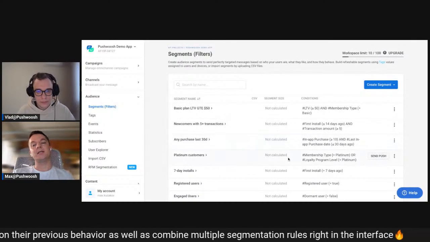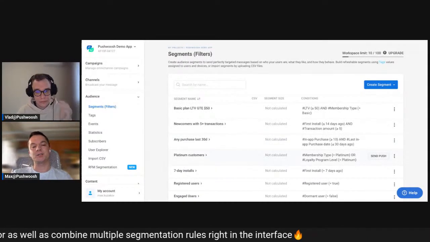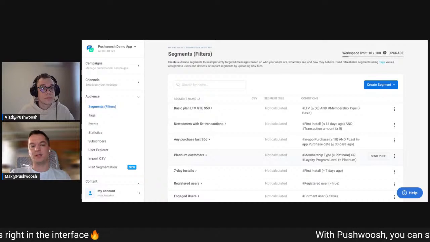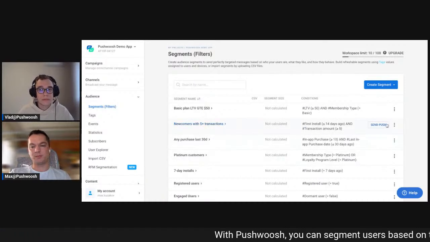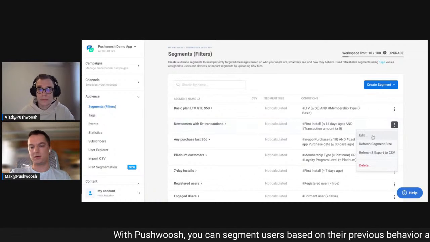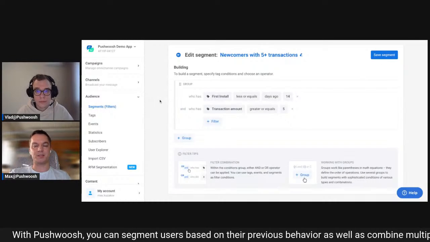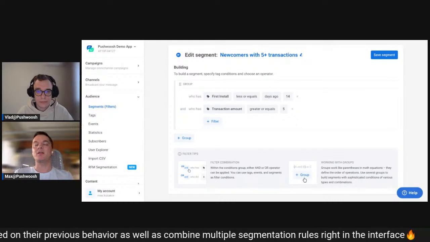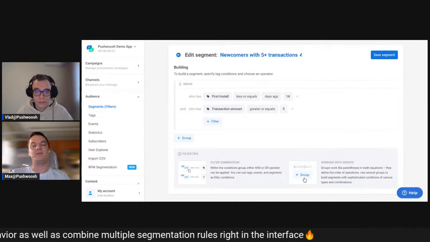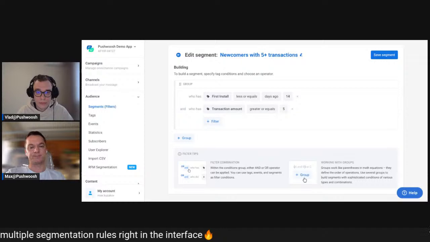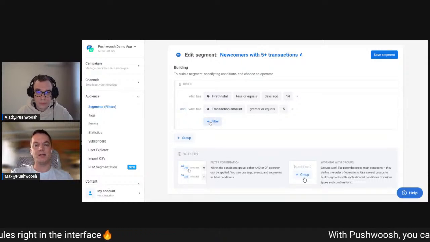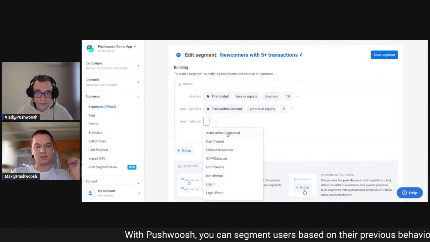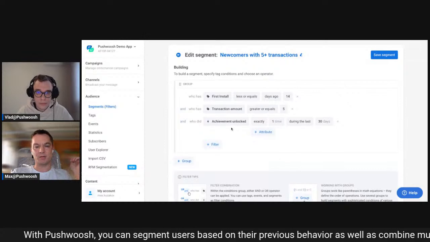We can also outline and prepare segments of users who are currently on a specific membership type plan or something like this. And let me actually add something to these newcomer segments. All right. Let's say that we have a segment of newcomers, of users who have installed the application during the last 2 weeks and made 5 or more transactions. I would like to narrow down this segment with our new capabilities of behavior-based segmentation and add, for example, one more condition. I would like to also